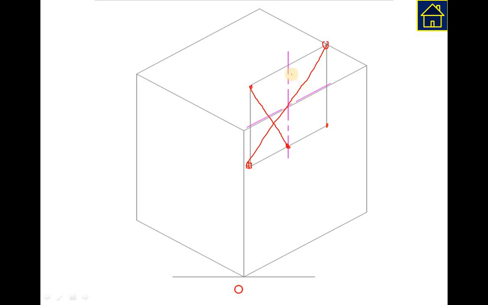From this corner you are bisecting the opposite side of the parallelogram. So when you do this, you will get 4 centers to draw the ellipse. One is here, one is here, third is here, and fourth is here. 2 centers are on the diagonal. Those should not be end point of the diagonal. And then 2 are remaining 2 corners of the parallelogram. Understood? So here 4 centers you can see, and using the 4 centers you can draw the ellipse.